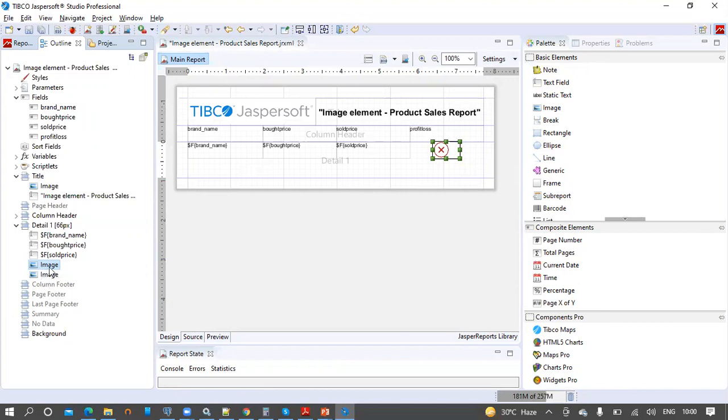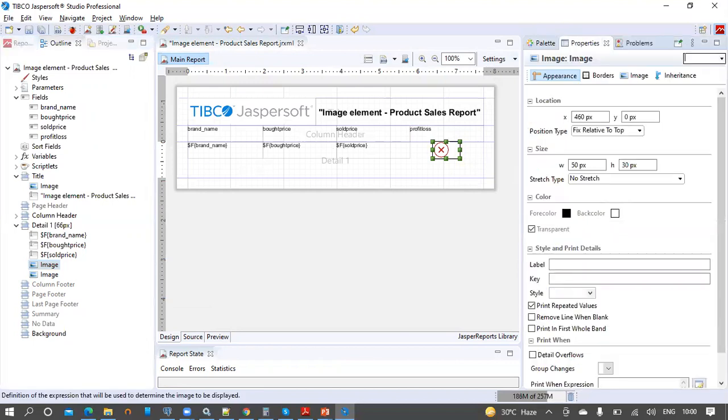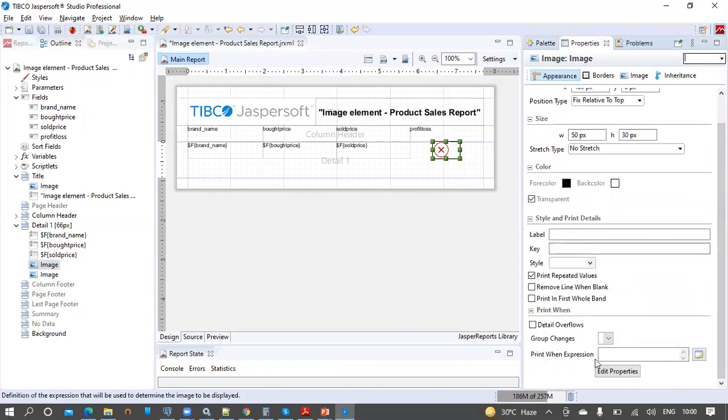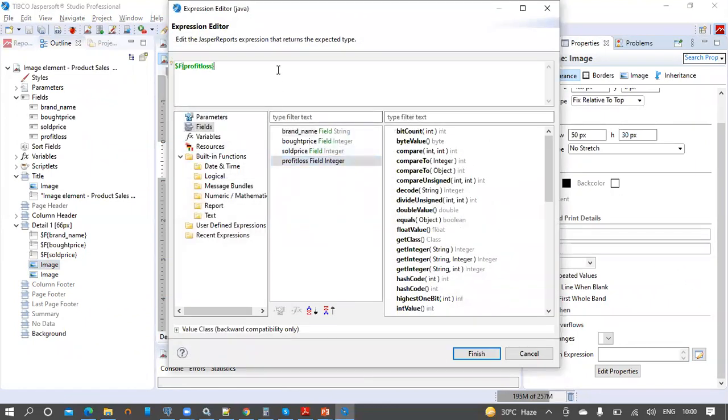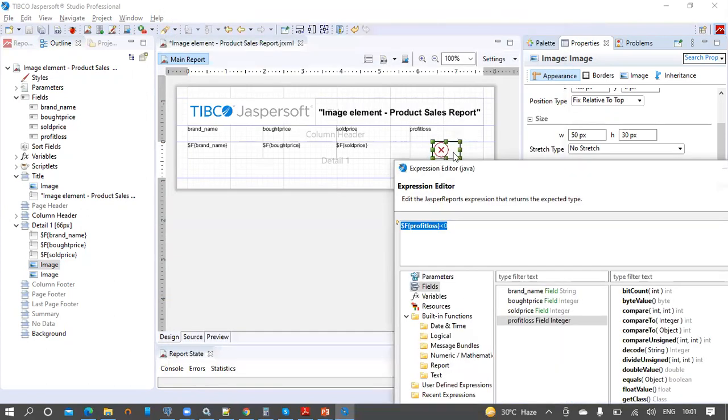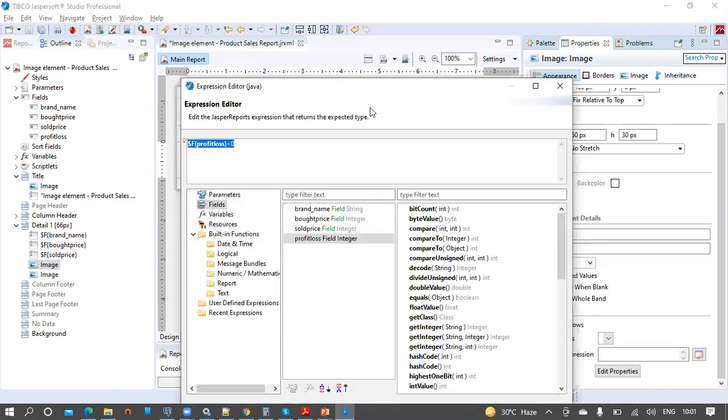So let's select this loss image, and in the properties go to the print when expression, and then conditionally write a condition that evaluates to negative, that means false. So this should be less than 0. So whenever we get negative values, we are going to display this image symbol instead of the value.